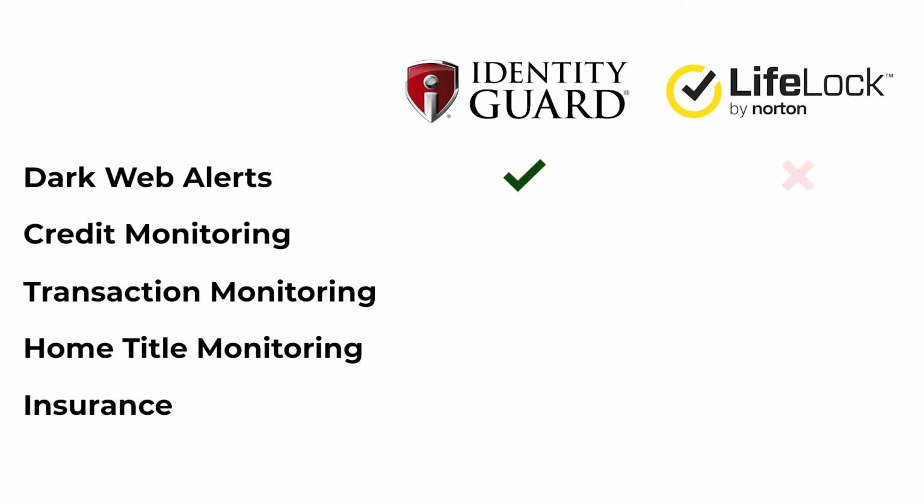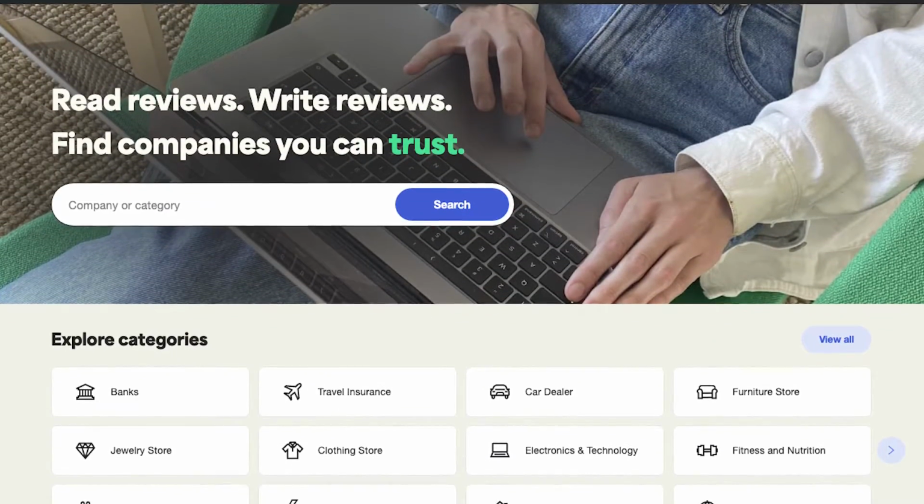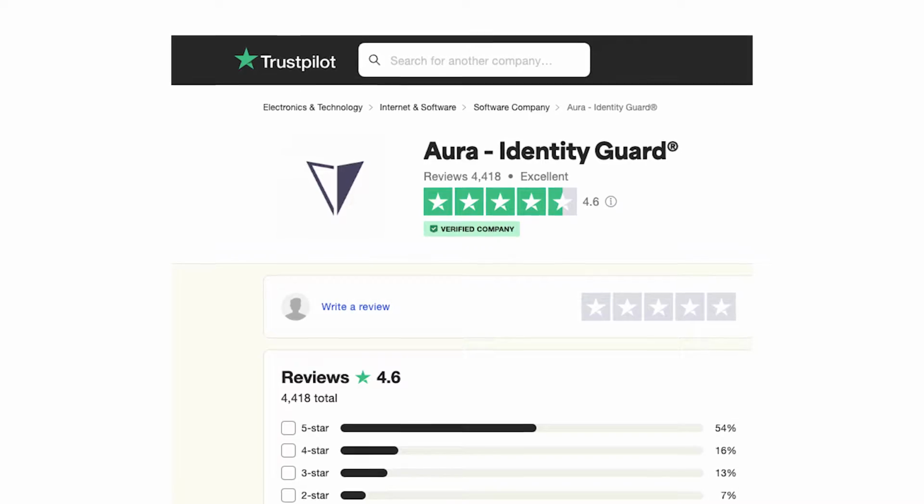So to this point, it actually would seem like LifeLock is the better product. It's scored better than Identity Guard, but that's about to change because LifeLock really fails a few basic tests that we do here at Home Security Heroes. The first is simply looking at consumer sentiment. So there's this website, Trustpilot, where people can rate and review products that they've used,